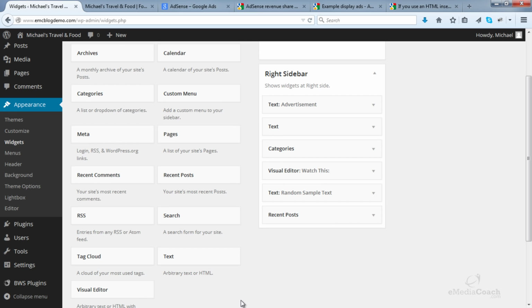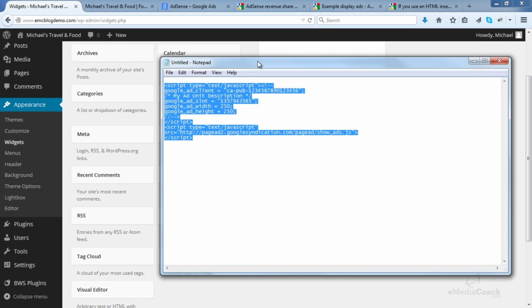You can also display ads in your posts. To do that, you would go to the post where you want to display an ad, go to the text tab, and enter that code in the post where you want that ad to display. And of course, if you need any help, the AdSense site is a really good resource and it takes you through step by step what you need to do.